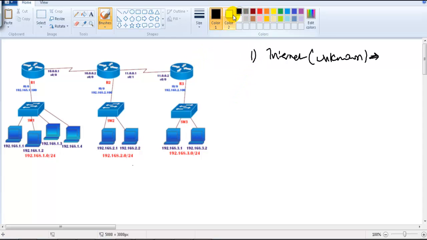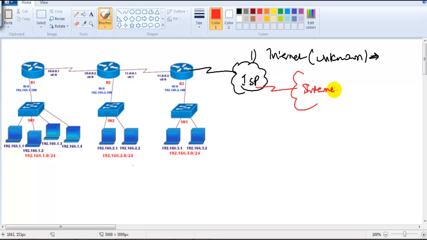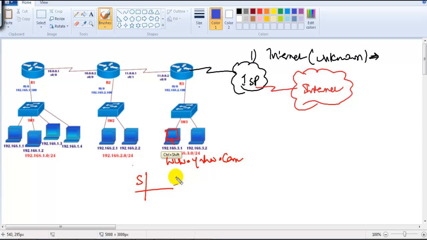So now let's take an example. This router 3 is connecting to my ISP service border, and then from there it's going to connect to the internet, from where I'm able to access Yahoo, Google, Gmail, some internet sites. Now the user is sitting on 3.1 here, so 192.168.3.1. Now this user is going to send a request to yahoo.com. He says he wants to access www.yahoo.com, and he's going to enter the URL path, and the source address will be